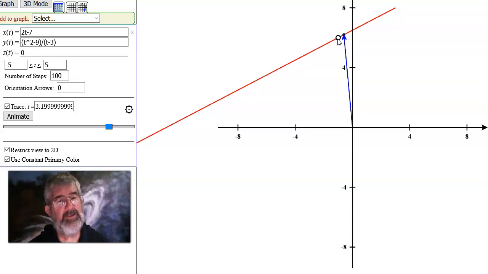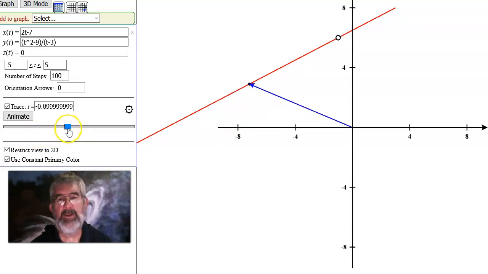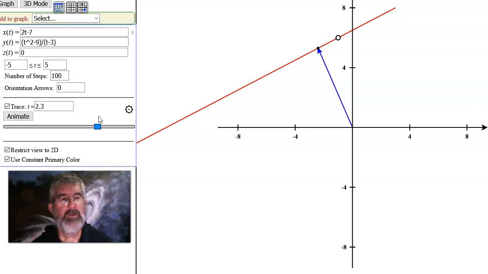well, it's hard to tell that it's t equals 3 because when you look at the graph, you don't see the t values. You see the x and the y values. But I have the t value down here. As I drag this slider along, you can see what the t value is, and then it plots the appropriate vector, and you can see that the end of the vector is always lying on this line. Now I'm interested in the limit as t goes to 3. So there it is at 2, 2.4, 2.5, 2.7, 2.8, 2.9,